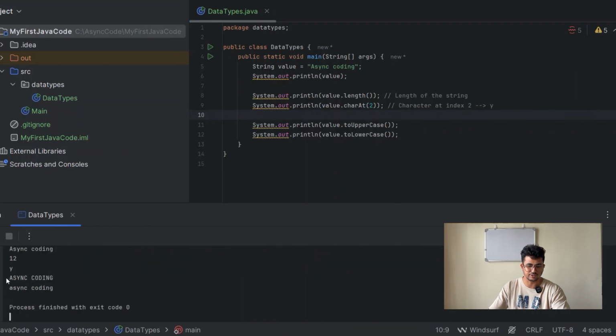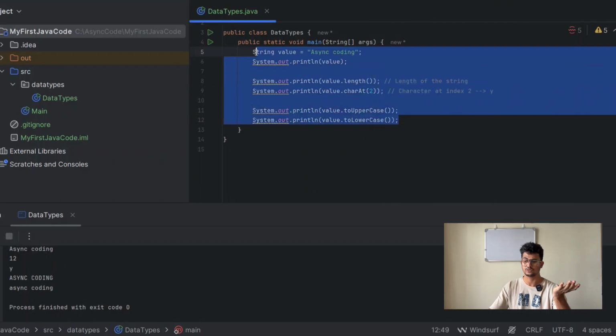The output, as we can see, toUpperCase has converted all the letters inside the string to uppercase, and toLowerCase has converted the uppercase letters to lowercase, right? There were two uppercase letters, or rather one uppercase letter, and it has been converted to lowercase. So now let's see